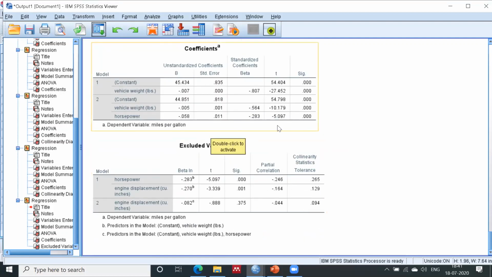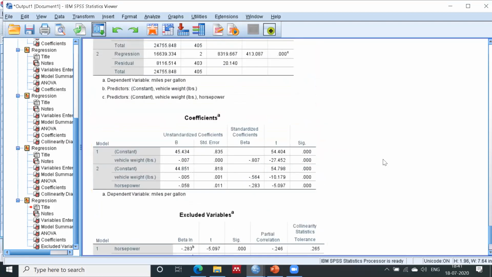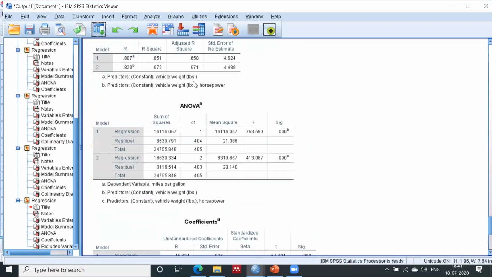There is no need to explain anything about the multicollinearity in this particular analysis, because the engine displacement was already removed and the other two variables are significant, and my model is also improved, that is 67.1%.